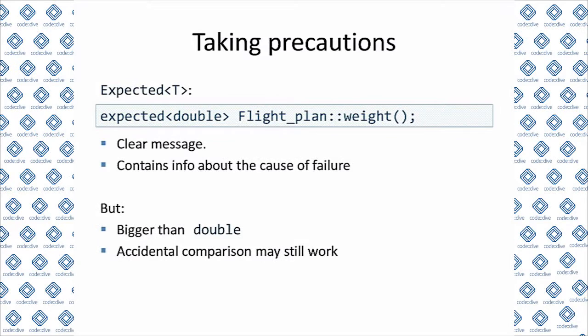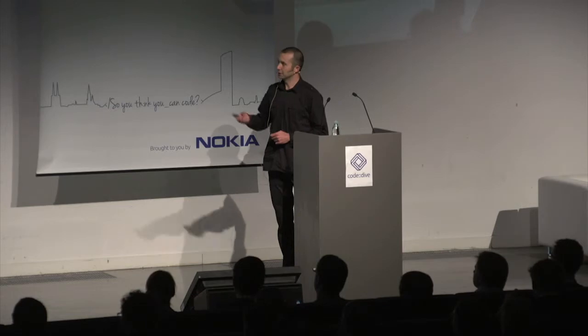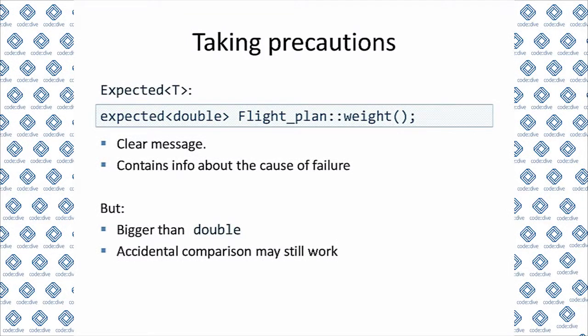So we may try to look at other options. Expected wrapper, somebody suggested it at the first talk. It says it's either a double or an exception. So we do convey the information about the exception. Except it's still bigger than double, and depending on how it is implemented, it was first suggested by Andrei Alexandrescu, how to use this type. The one that is now currently standardized, again, has the same problem, that the inadvertent comparison of expected double with double will work, and will do something else than you think it does.